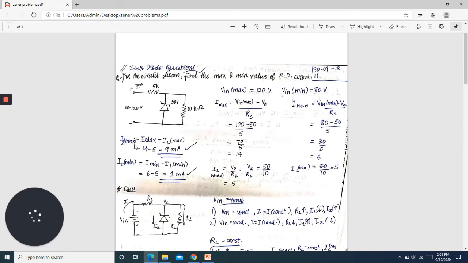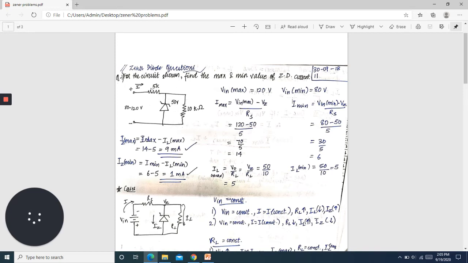Now coming towards the Zener current. As the load is constant, it will consume a specific amount of current that we have already found out, 5. So we have the total current, IL maximum and IL minimum. Just by subtracting, let us assume for I maximum. When I maximum comes over here, it will get distributed in these two branches. We know that from the maximum current, this I max, that is 14, the IL current will get subtracted.